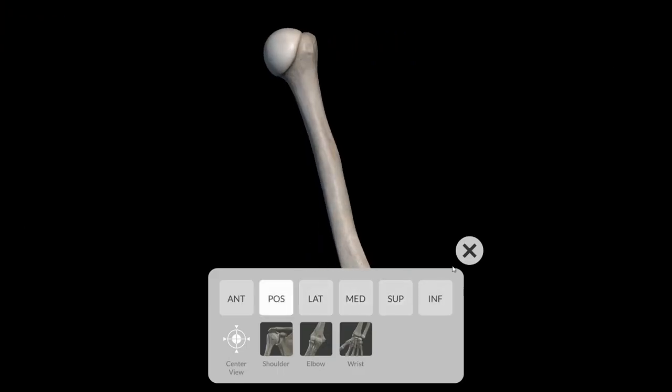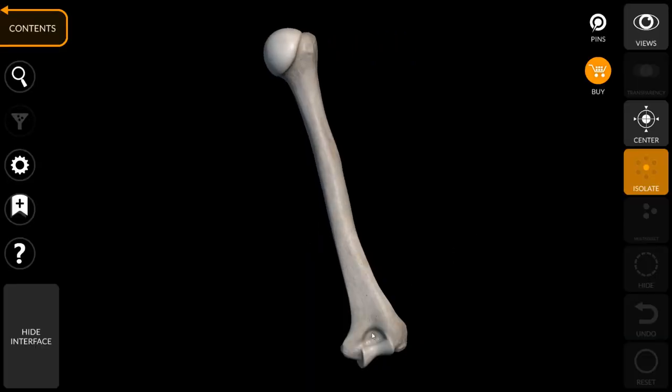And one last structure to look at. From a posterior view, this major fossa is called the olecranon